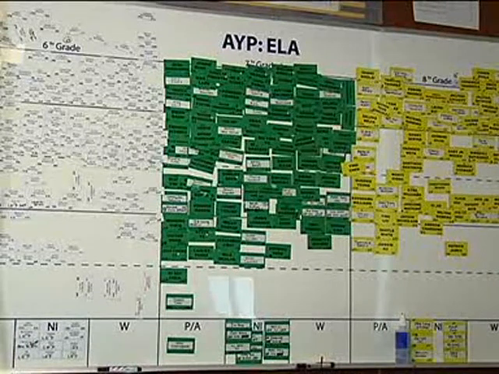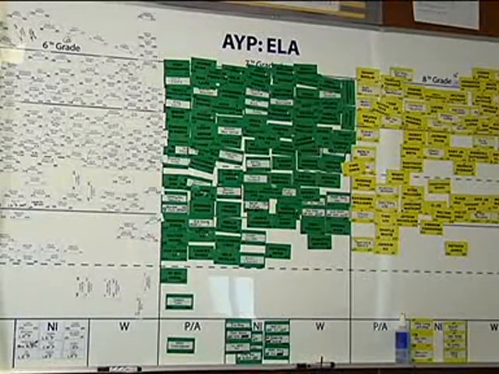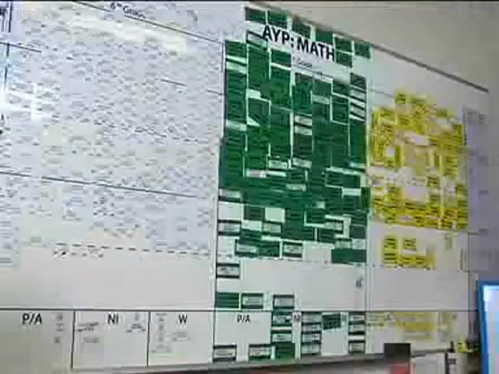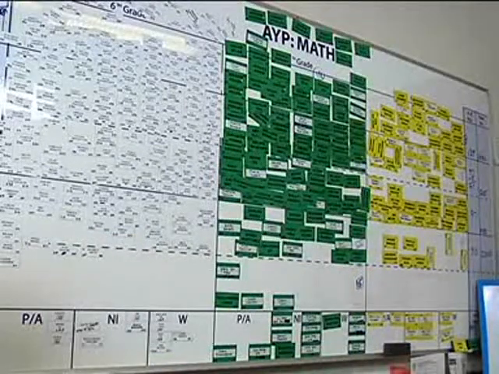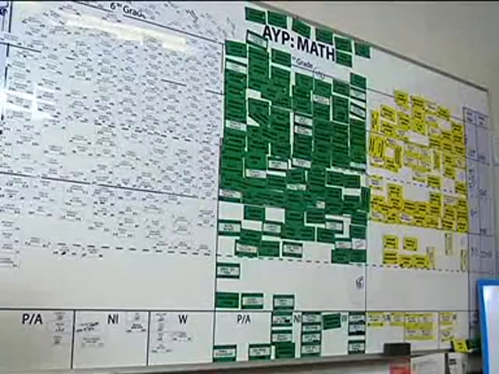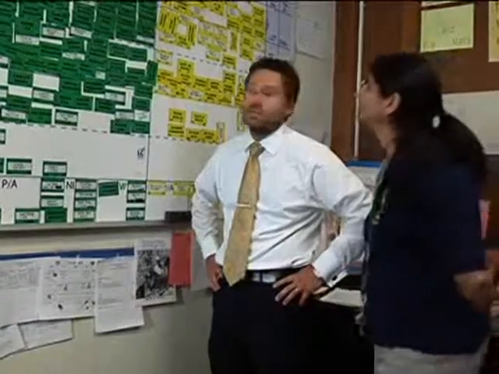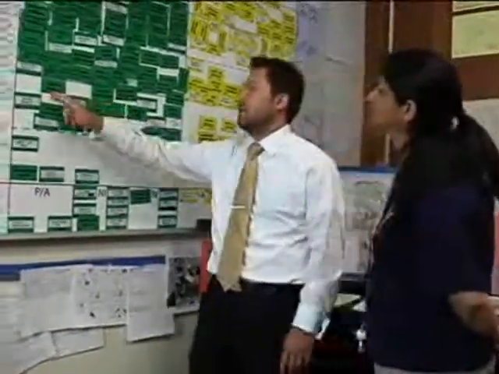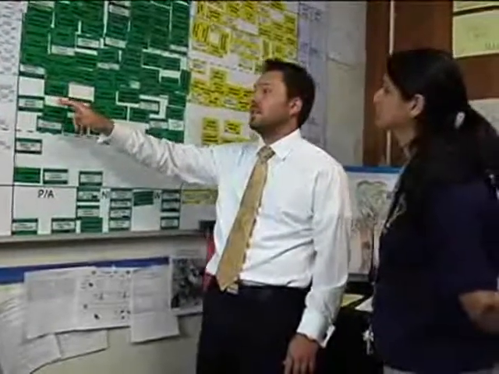So what we've done here is we have 2 data boards set up in my office, one for English language arts, the other for math. It's a great visual because what it does is it breaks up where the students lie as far as their MCAS scoring goes. So there's a section for needs improvement, there's a section for warning, there's a section for proficiency,